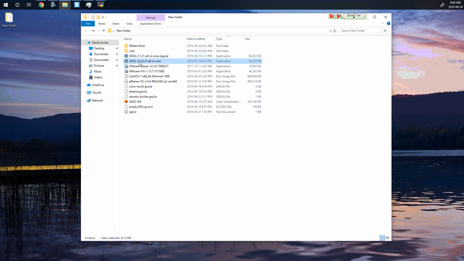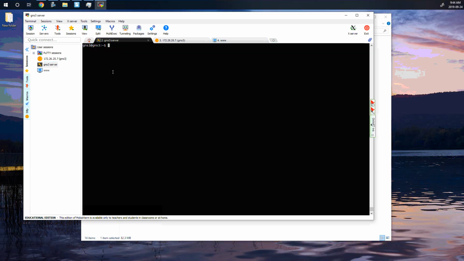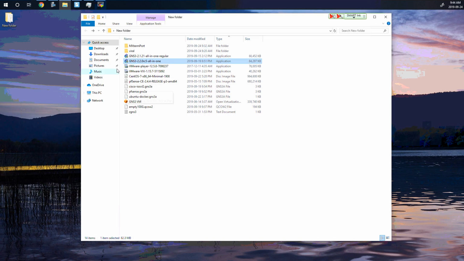Now, this one, 2.2, which we're going to install here in the school, works with this Ubuntu server, which I just showed you, this GNS3 server, okay? It is the same version, that's why when we are at school, we're going to be able to use it. At home, though, once again, if you would like to install it, you need the GNS3 virtual machine and the